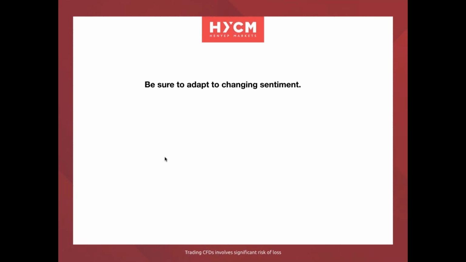The next thing to point out is something that seems simple, but some people can find it harder than it seems. And that means be sure to adapt to changing sentiment. It's very easy to become fixated on one outcome. So say, for example, some positive data has been coming out for the Canadian dollar for some time, and you can quite quickly become fixated on buying the Canadian dollar. And you can get yourself into a frame of mind that just says, I'm bullish on the Canadian dollar.